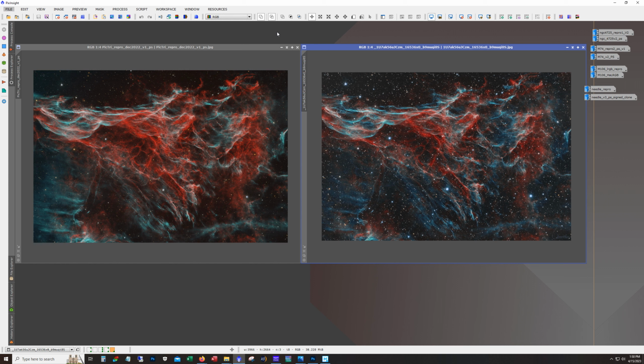Outside of that, SPCC for color calibration, another invaluable tool. It's really helped with the color, especially on those broadband images, and I think you're seeing the impacts of that in those reprocessed galaxies. So I've got a lot of galaxy projects currently running. It's actually supposed to be clear the next couple of nights, so I'm hoping to wrap up on 3 different targets. M106 with that 65 PHQ,